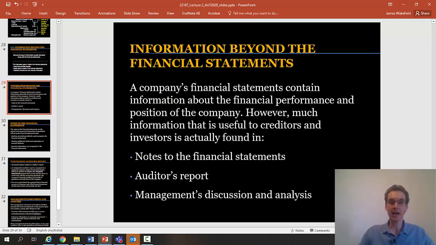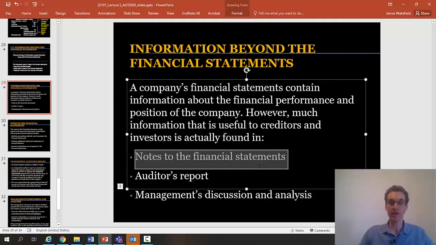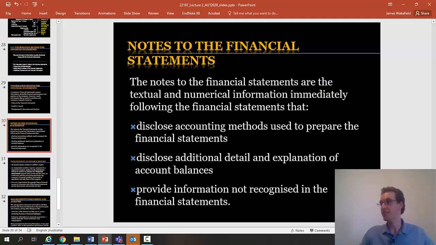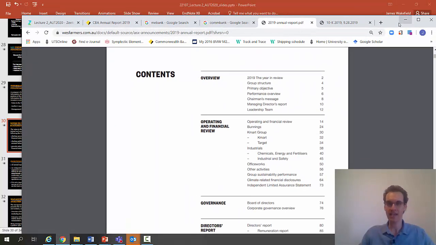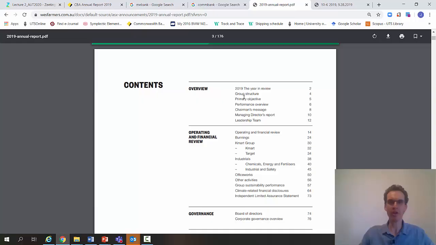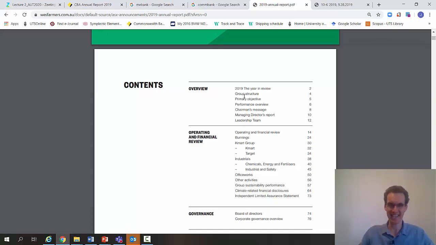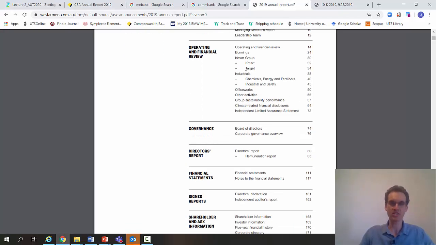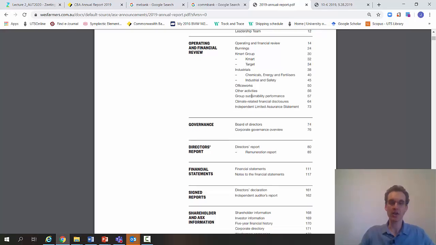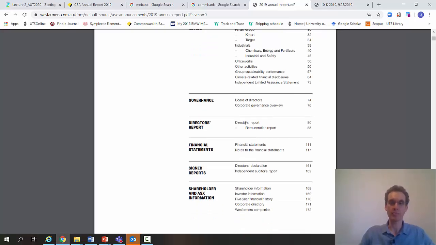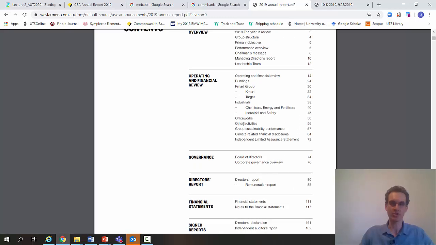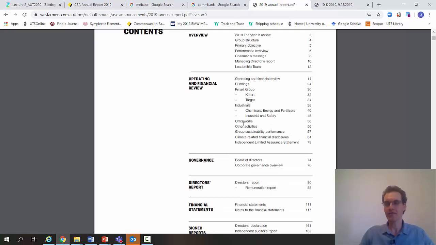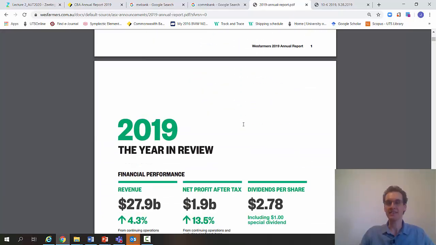In particular, we're interested in notes to the financial statements, right? With these notes, if I bring up Wesfarmers' annual report, you'll have a lot of information in the content section that summarizes the main performance and position, but you'll also find sections which will detail particular accounting policies that will help you better understand the nature of the numbers you're seeing. Now, I'm not going to go through any of these items at this stage because we're going to